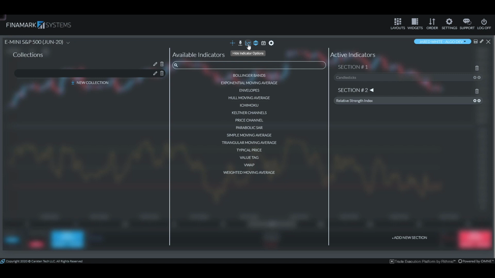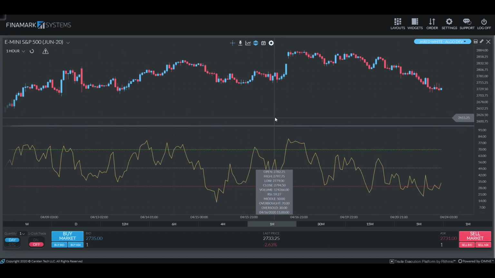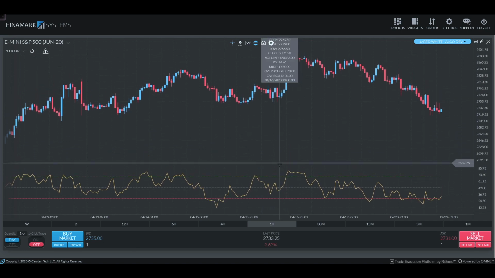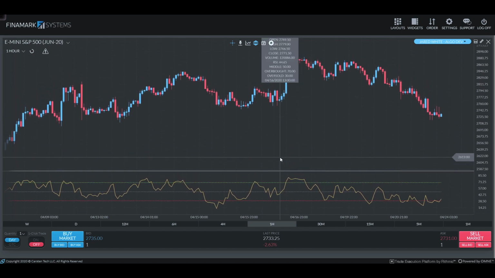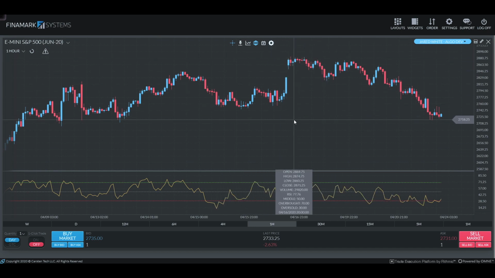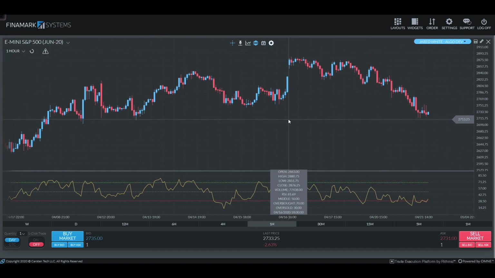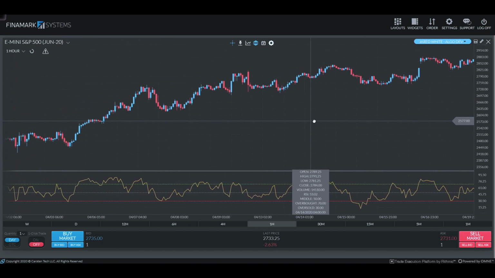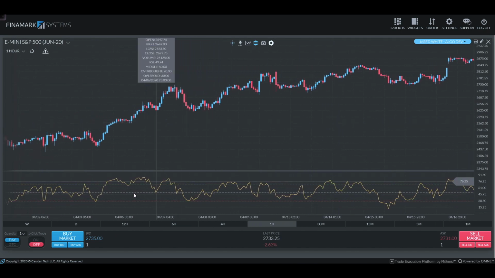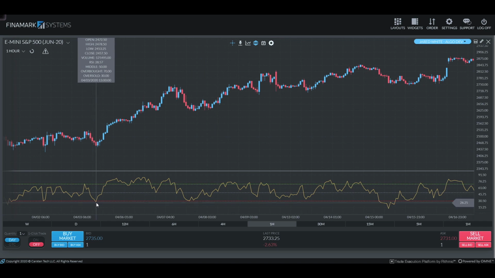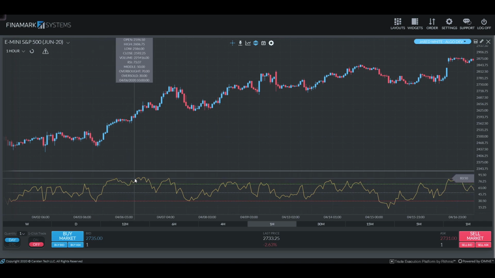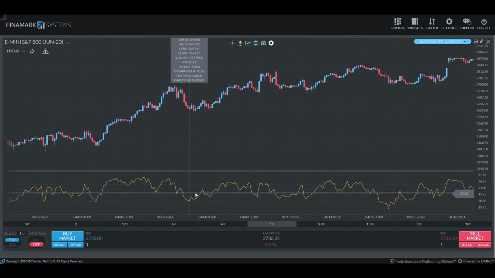Once I go back by clicking the Hide Indicator Options button, you're going to see that here the RSI is now at the bottom of my chart. Now, my personal preference, I do not like the RSI to be this large, so I'm going to go ahead and shrink it down a tad. I can gain the same information while still getting a broader view of the price action above as well. Now, as I scroll back through the chart, you're going to see a lot of scenarios where the RSI oscillated from oversold scenarios, like over here on the left, to overbought scenarios where it was actually above the 70 mark. And in the middle, I already have a 50 midline applied.